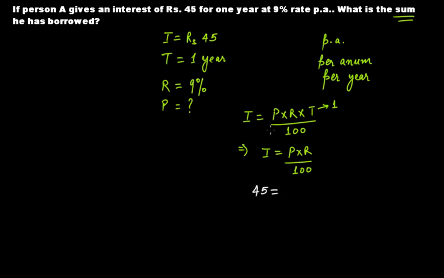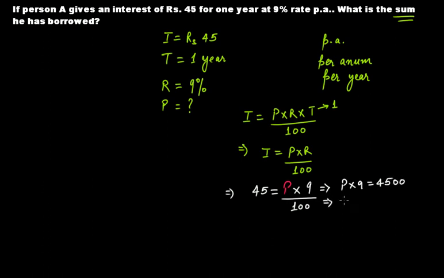What's the P that you have to calculate? Times R, which is 9, over 100. If you solve it, cross product, P times 9 is equal to